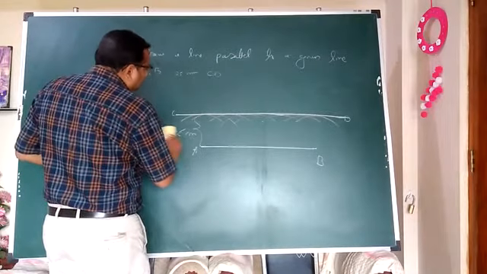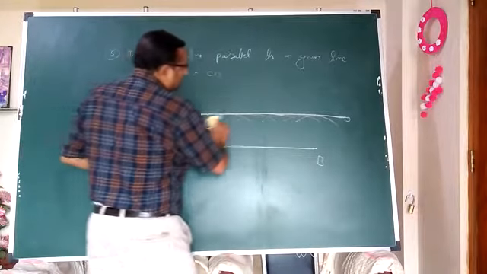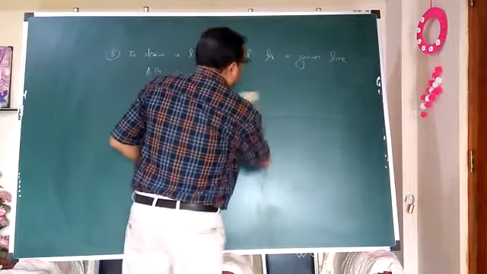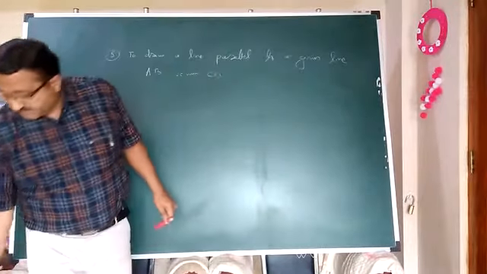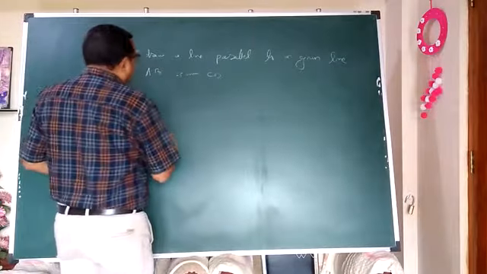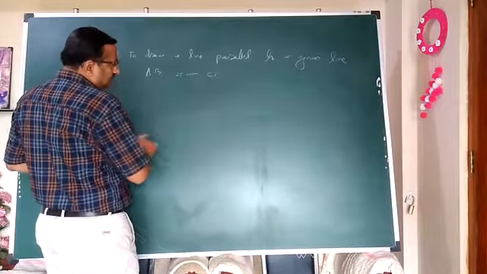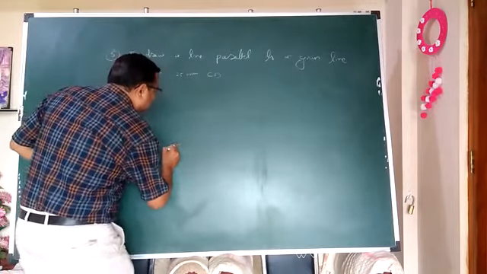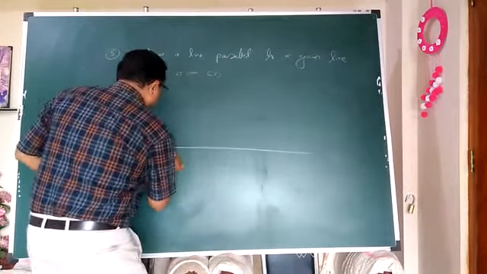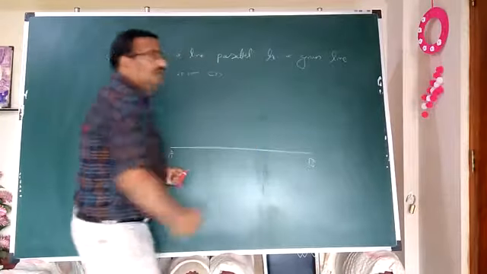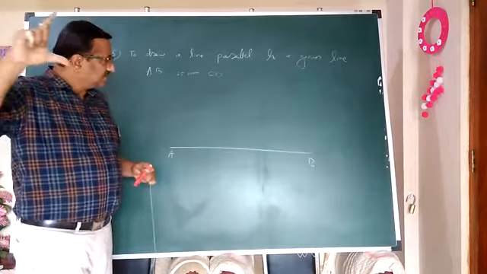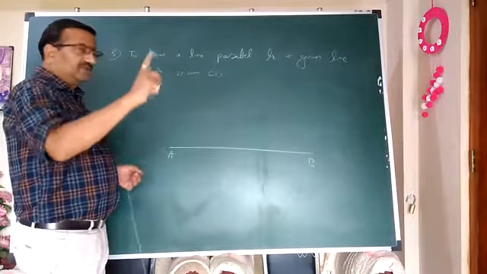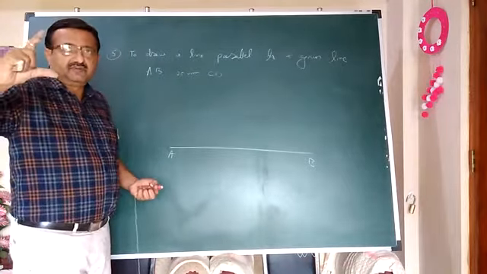Okay, so another method is the skillful method. It requires some skill and practice. Okay, not this one. So what do you have to do? First of all, this is the given line. Suppose AB is the given line. You have to pick 25 mm distance in the compass, in this way. The compass legs will be like this.